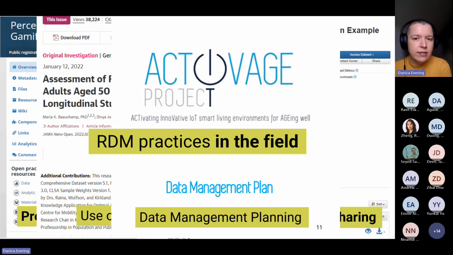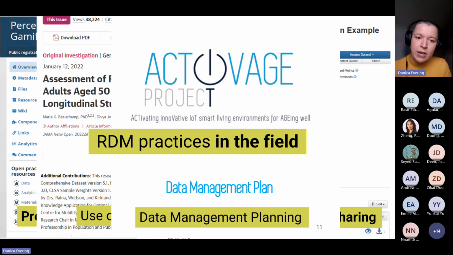So just at a glance to begin with, we'll talk about some RDM practices in the field. I've tried to find examples from your field, but they might be slightly off, I'm sorry. So one of these is pre-registration. This is a thing in OSF, the Open Science Framework. Sometimes people will declare what they intend to study and their study design, and things like that, so that it's a public accountability process when they get their data that they can compare against the pre-registration.